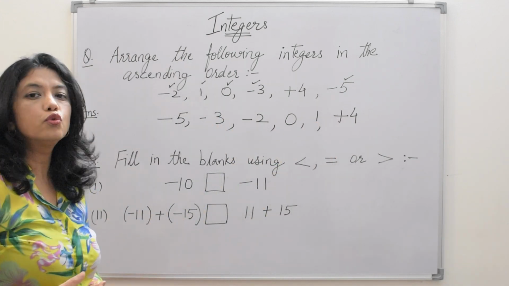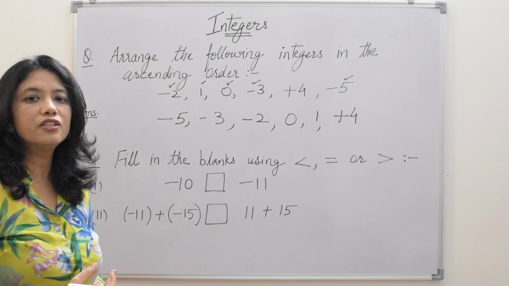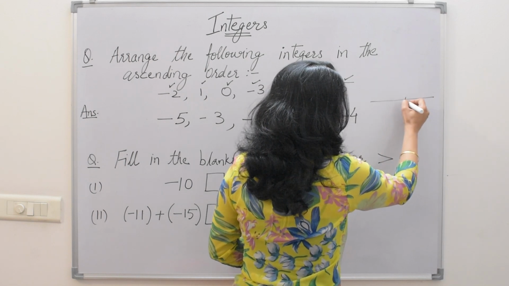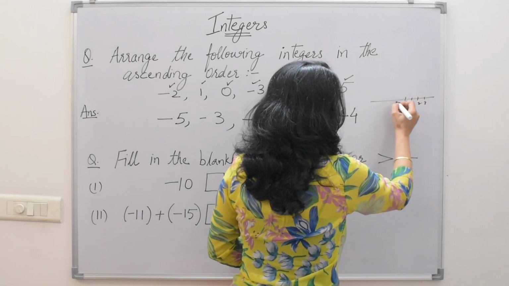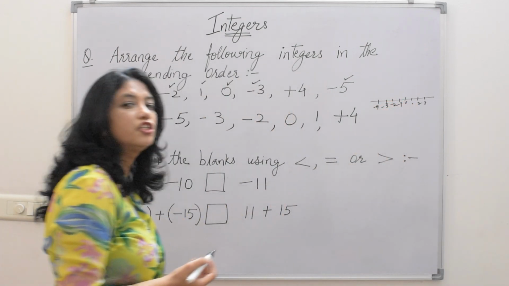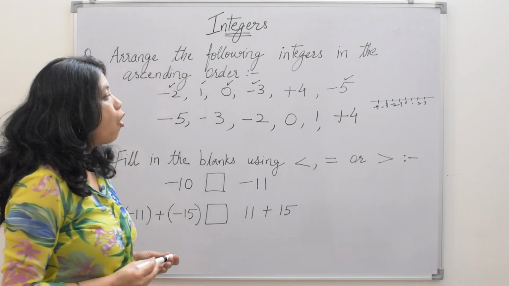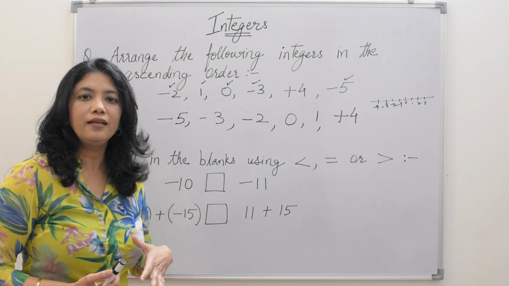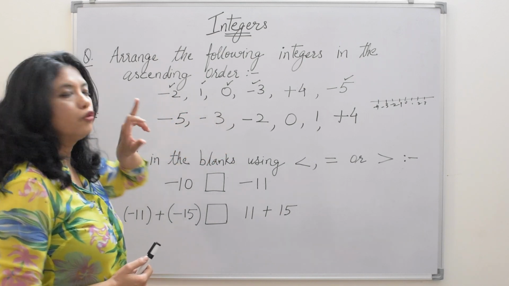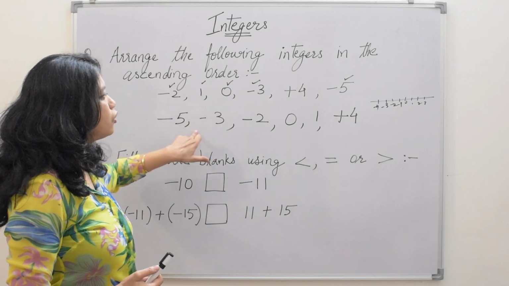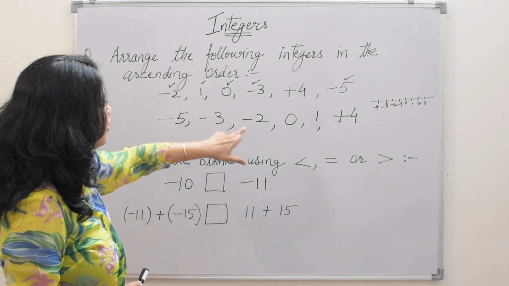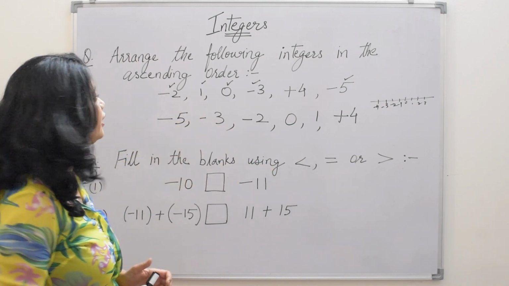If you get confused while writing integers in ascending or descending order, you can make a rough number line like this. Write numbers like this, and then you will get an idea which number has to be placed first. Or you can visualize the number line in your mind and then write these numbers accordingly. For your convenience, take the numbers which you have already written. We have written -5, we take -5. Likewise, we have written all the numbers in the ascending order.